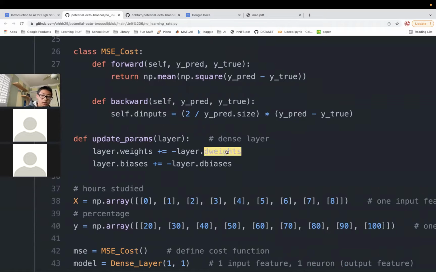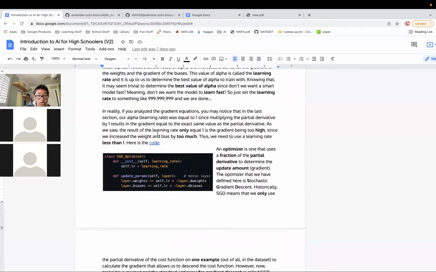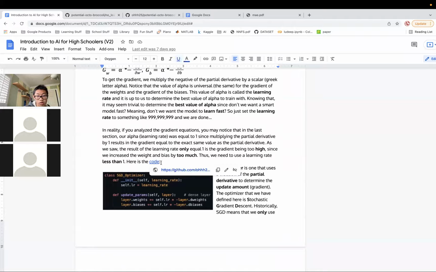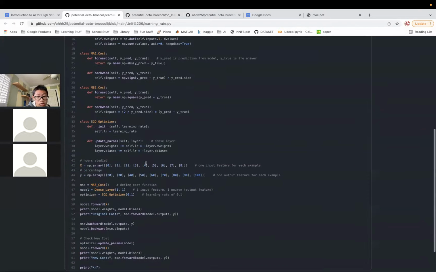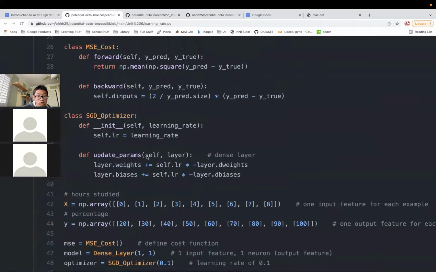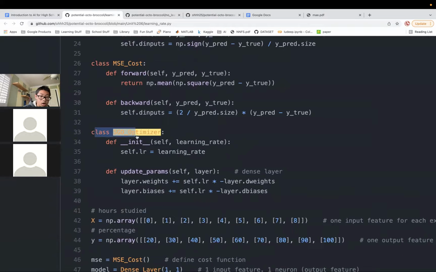Yeah. Okay, so what we need to do is decrease the learning rate because we don't want to increase the weight or the bias by that much, right? So what we do is, let's say we're gonna use a value of like 0.01, right? So this is what we call an optimizer. If you have a learning rate, it's called an optimizer where you're optimizing to find the lowest value, okay? So the lowest cost.